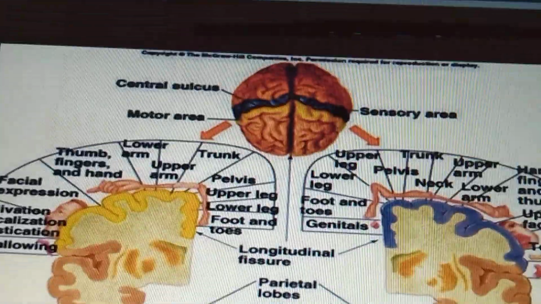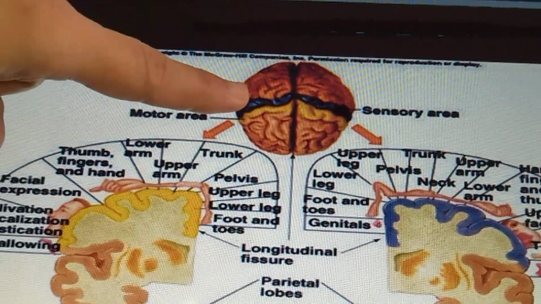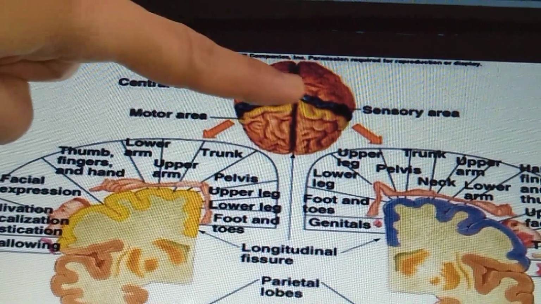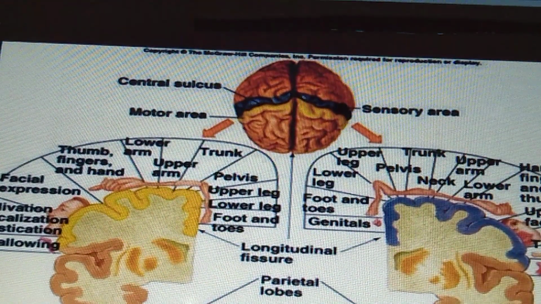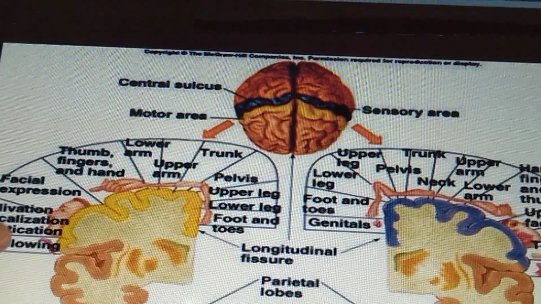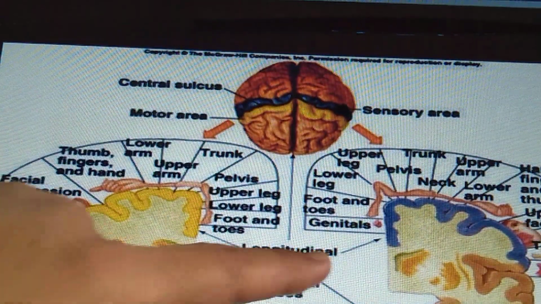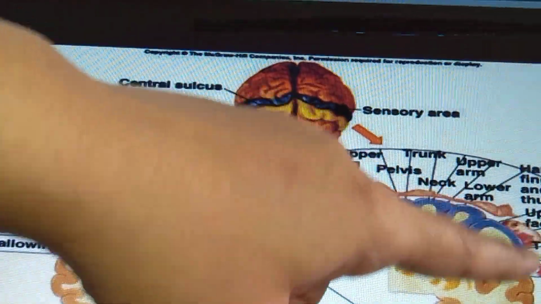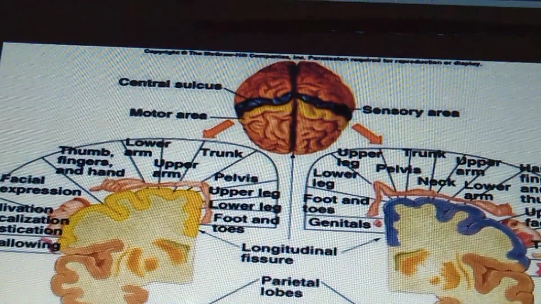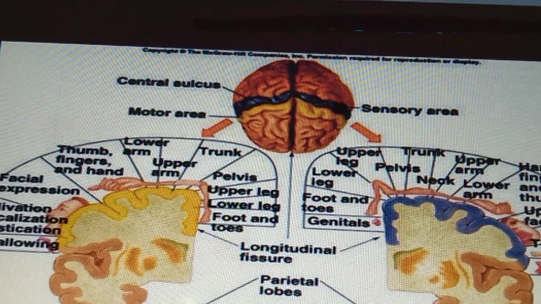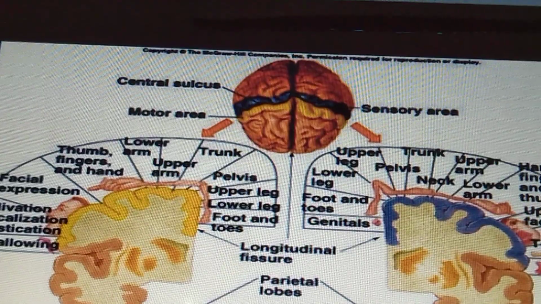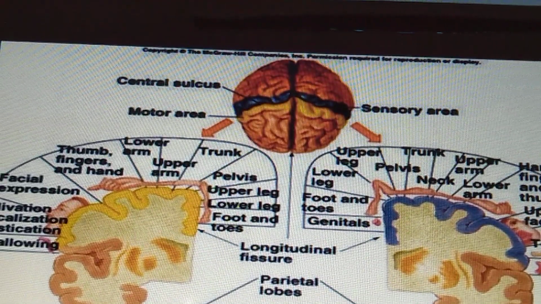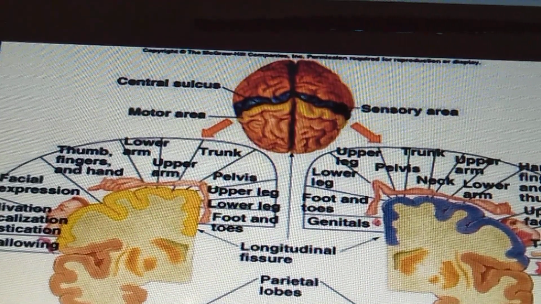Now in this diagram you can see the brain that is shown, these are the cerebral hemispheres. The purple color that you can see is the sensory area and the yellow colored is the motor area. Now here is the motor area representation, here is the sensory area representation that you can find. This is the post-central gyri representation that they have shown here. So here again, as we have seen in the motor area, similarly the function is contralateral and it is representing the body again upside down except the face.